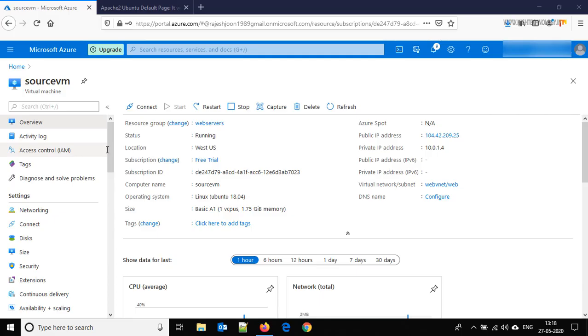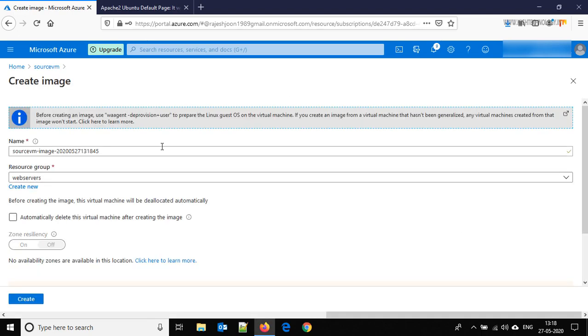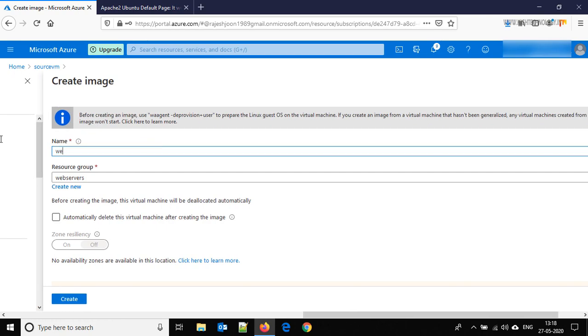Exit. Done. Now we are back to the Microsoft Azure portal. Here we have an option of capture. Just click on capture, and here we are giving it the name web app patched image.